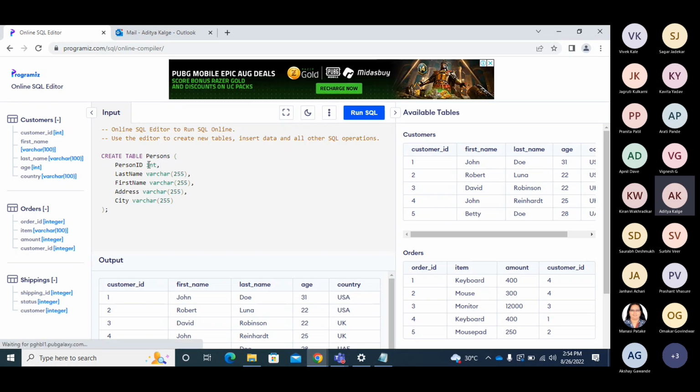These data types are basically for what we call data integrity, or domain integrity, we could consider. With this, the SQL database will make sure that whenever you are inserting a value in the persons table, it will consider person ID as an integer only. So if I run this command,